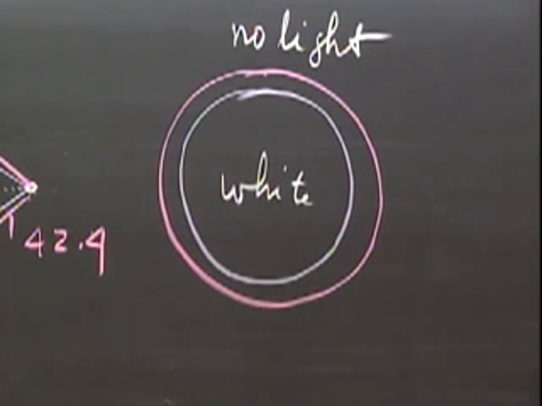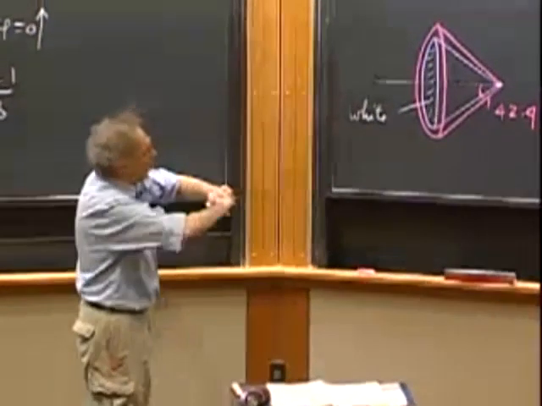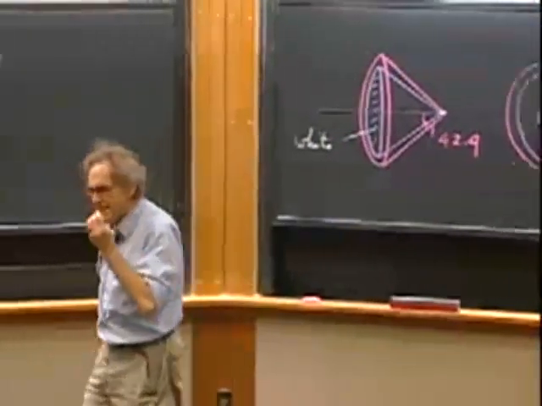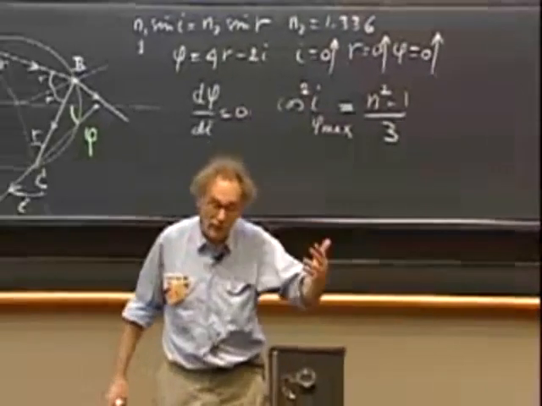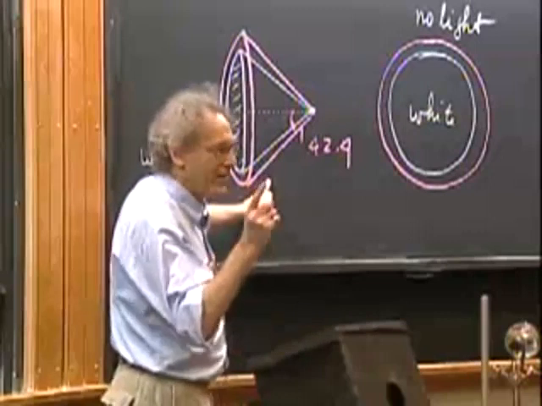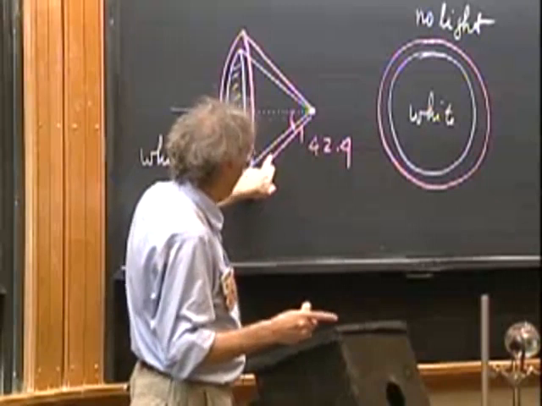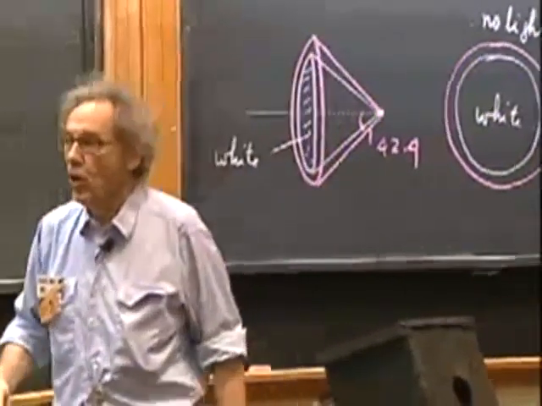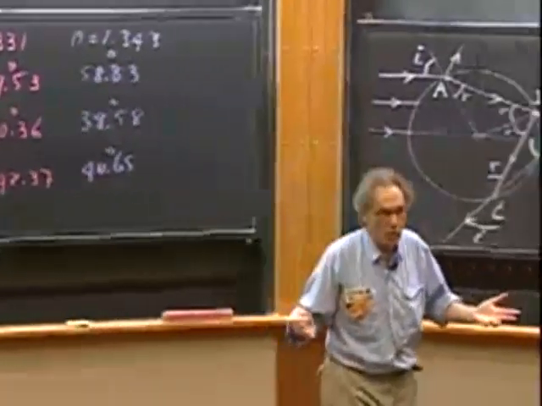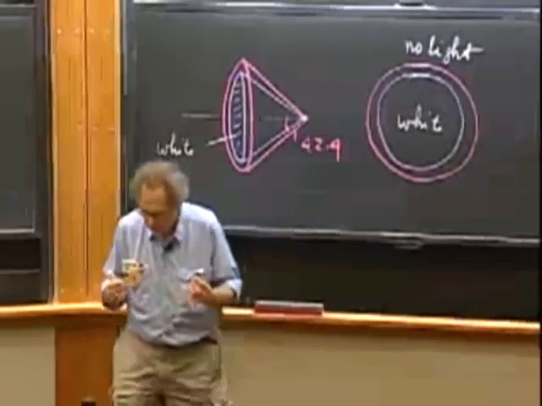Now there's a key question that some of you must be burning to ask, and that is, how come that the violet light in a rainbow is so clear? The red is clear. It's obvious why the red is clear, because the red is not polluted by any other colors. Only the red can come out at an angle of 42.4 degrees. But the violet comes out at a smaller angle. At that same smaller angle of 40.65 degrees, the red can also come out, and the green can also come out, and the yellow can also come out. So why then is it that the violet is still so prominent?